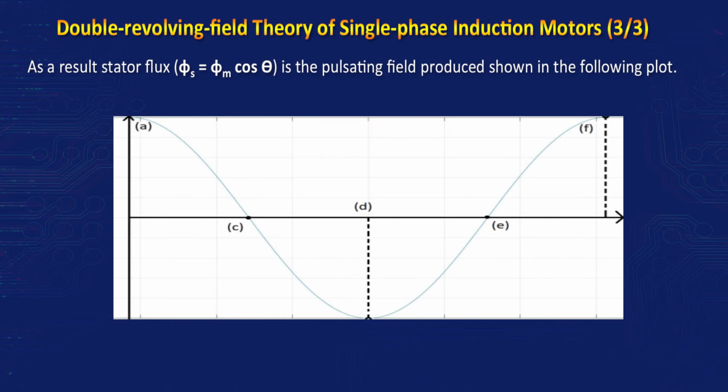Now, all these 6 points can be easily depicted in a graph, which is shown here: the points A, B, C, D, E, F, which we have calculated previously in the figures. So, this curve shows the plot of the stator flux. Now, how can we say that this double field revolving theory proves that